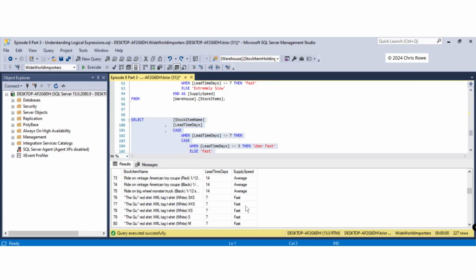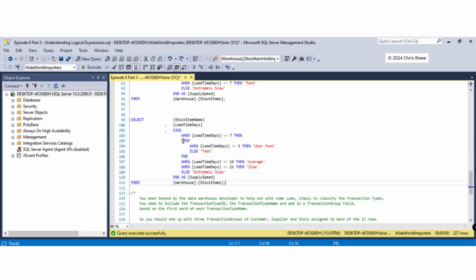If you've got your averages, if we scroll on down, you've got your fasts, because that's 7. As we scroll down even further, you've got 2, and that's your uber fast there. So that's just another example of how you can embed one case statement within another, and it's useful in little